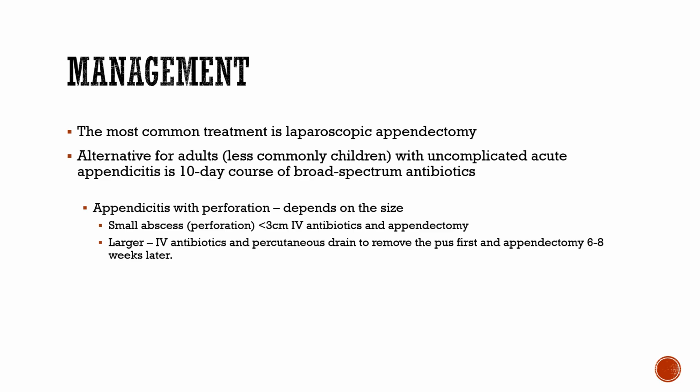In a person with a complicated appendicitis, someone who has a perforation or is a surgical risk, the choice to do surgery depends on the size of the perforation. Think of the perforation as causing an abscess. That's a pocket of pus in the abdomen. If the pocket of pus is fairly small, less than 3 centimeters, the person would receive IV antibiotics and an appendectomy. If it's larger than 3 centimeters, or the person is quite sick, they're going to receive IV antibiotics, and